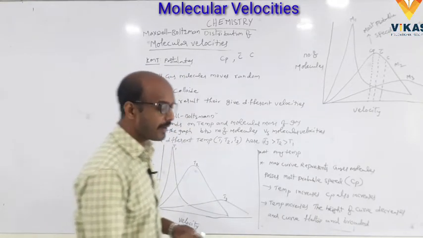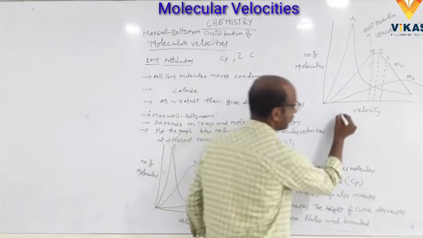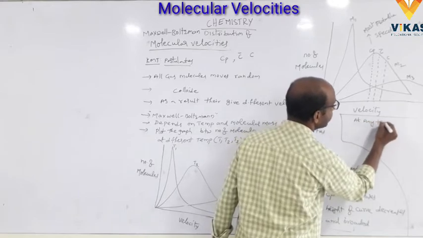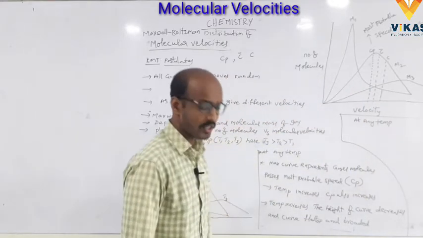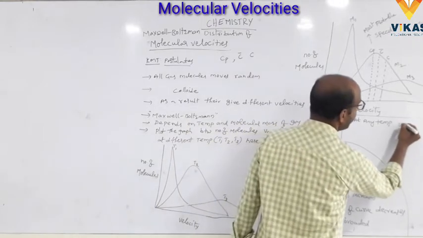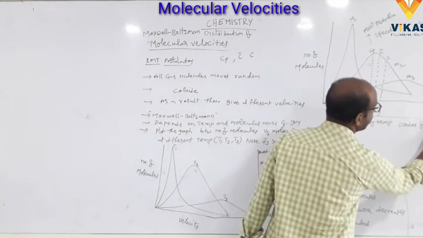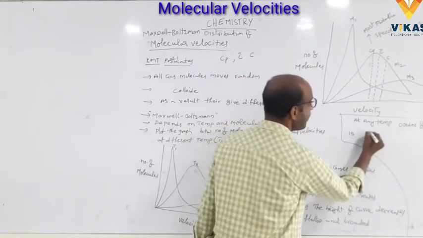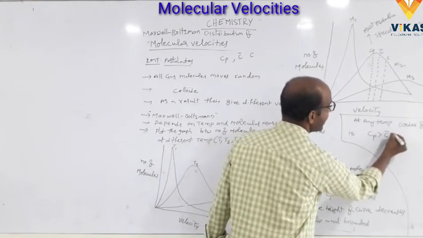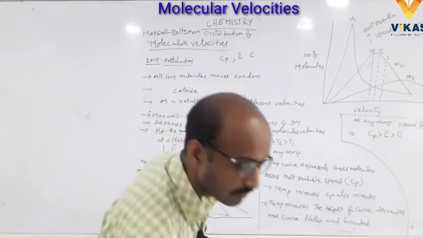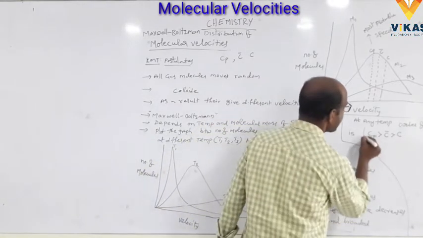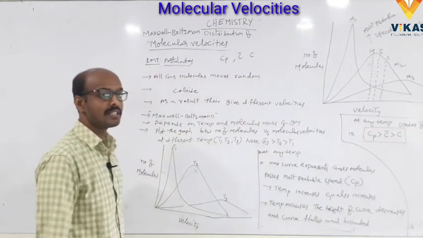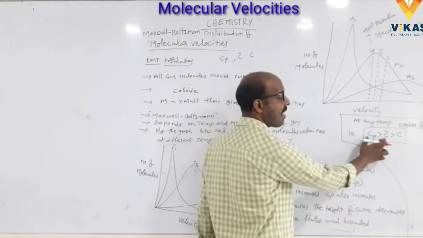Clear? At any temperature, the order of velocity is Cp is greater than C bar is greater than C. At any temperature, order of velocity, Cp is greater than C bar is greater than C, means most probable speed is greater than average velocity is greater than